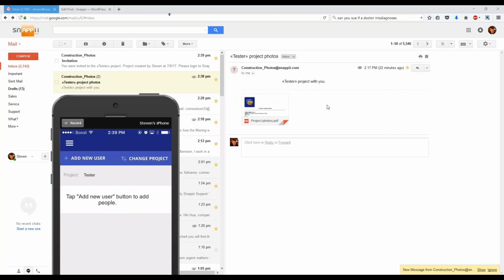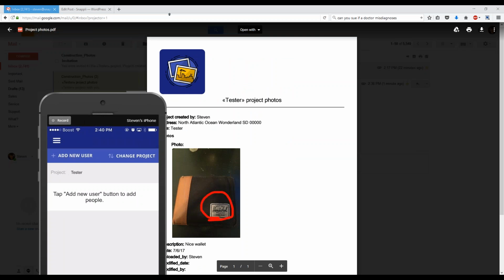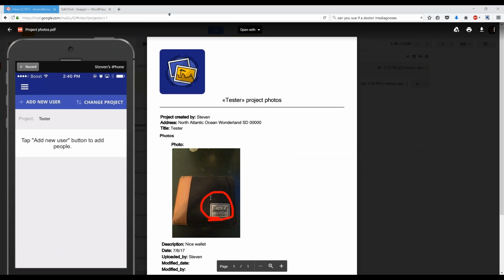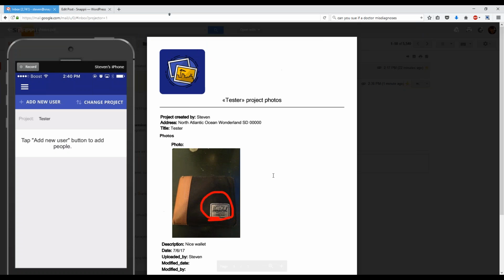Alright, so once you receive the email, here I'm just going to open it up for you really quick, and then it'll show up like this. Be like, this person wants to share this project with you, and then I click the PDF, and you can see I have a picture of my wallet there. It'll show you whatever pictures you took, and it'll go ahead and put the address and whatever other information that we inputted for that specific project. And just like that, you have a neat form with your photos,